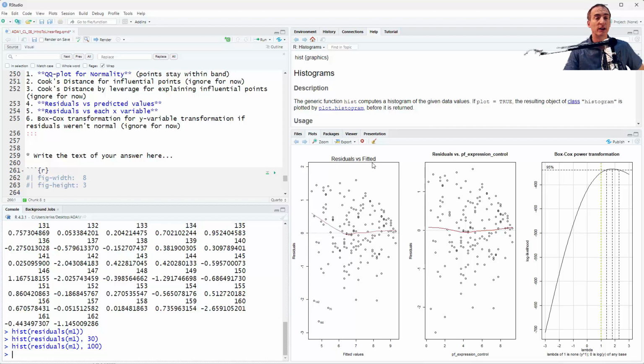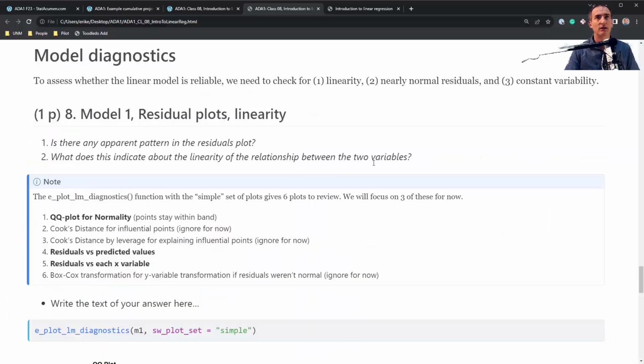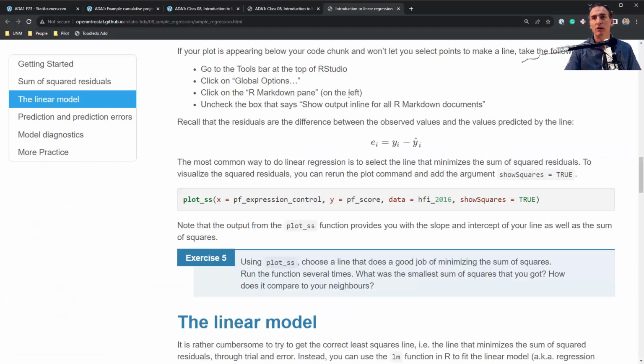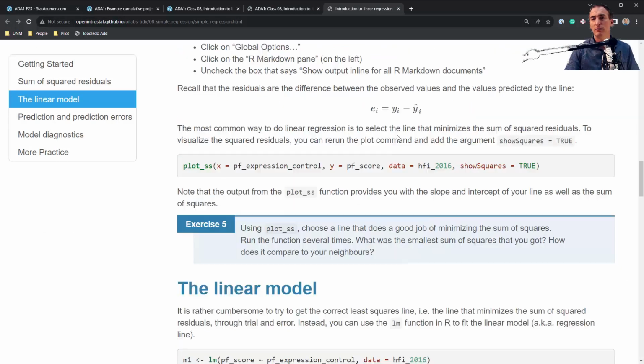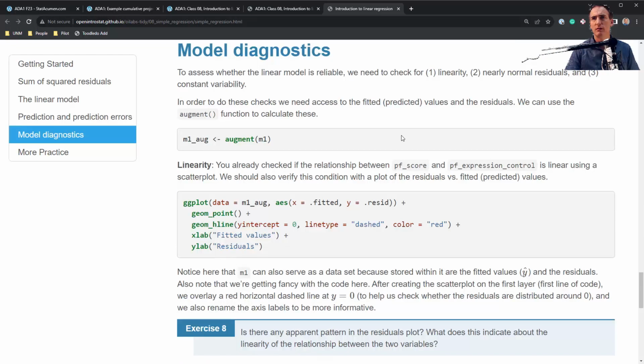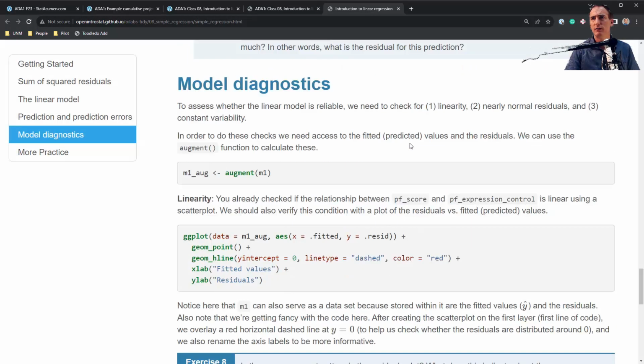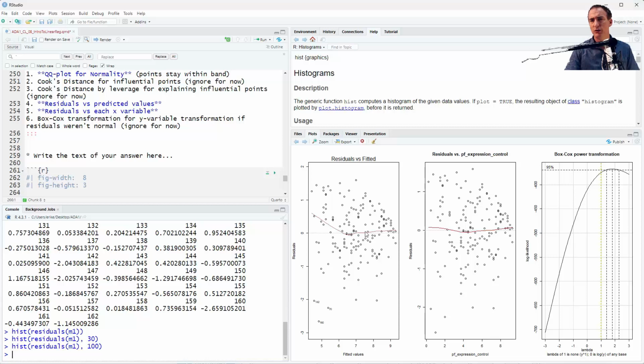So residuals versus fitted, these are discussed in the Open Intro Stat website. Okay, model diagnostics. They talk about the fitted values versus the residuals. Okay, so here's the fitted values versus residuals plot. We have basically this red line helping to guide your eye to any patterns here. I totally ignore it every time because it tends to have much more wiggle than is really supported by the data. So I see this as being fairly